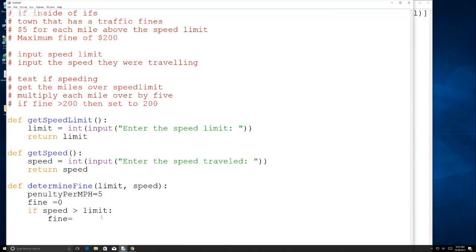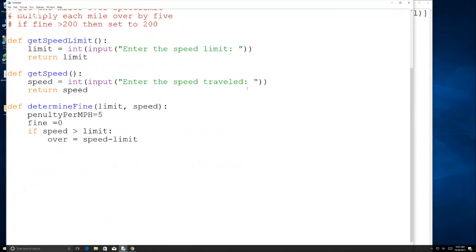So fine equals, actually, before we do the fine, let's get what the, I'm just going to say over equals speed minus limit, right? Is this too far down on the page? Is that better? Don't know what those spaces do for the program, but. And then fine would equal basically over times penalty per mile per hour. I think that's a kind of an awkward name, but